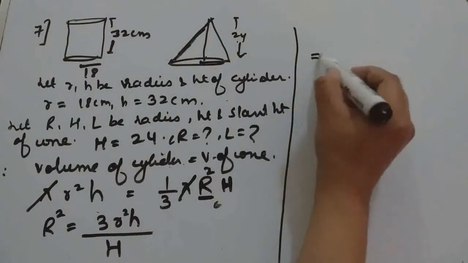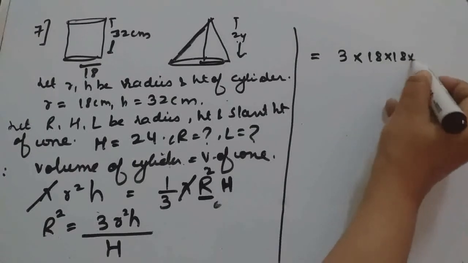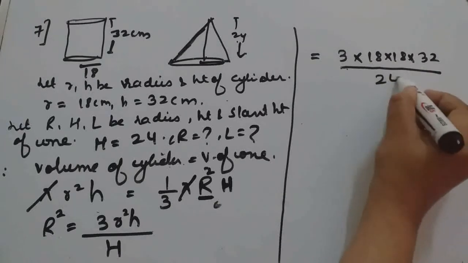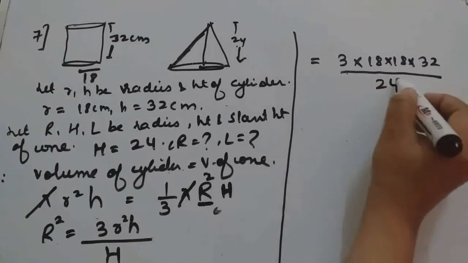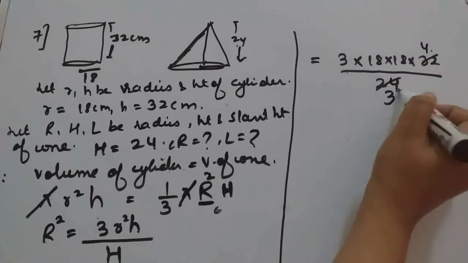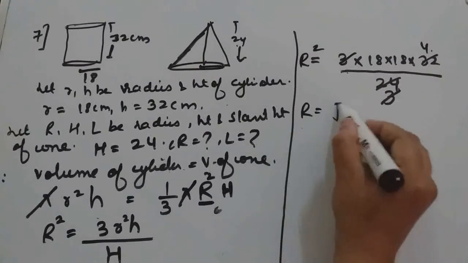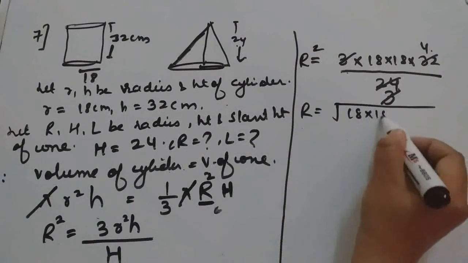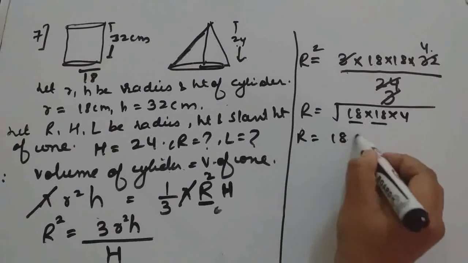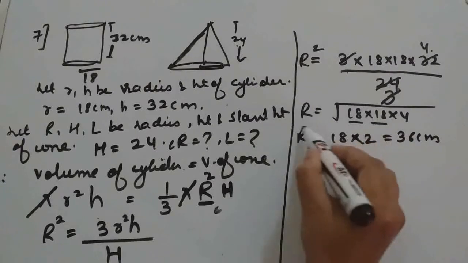Now substitute all the values. r is 18 into 18, h is 32 and this is 24. From 8 we can cancel, 8 3s are 24 and 8 4s are 32, then 3 3 will go. This is R square. So R can be written as 18 into 18 into 4. So R will be, this 18 will come out and 4 will come out as 2. So 36 centimeter is the